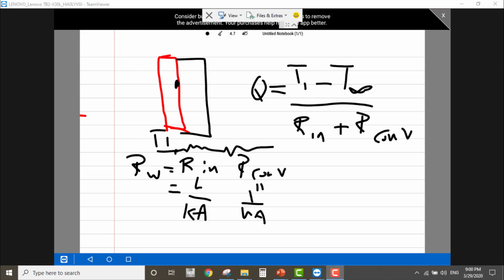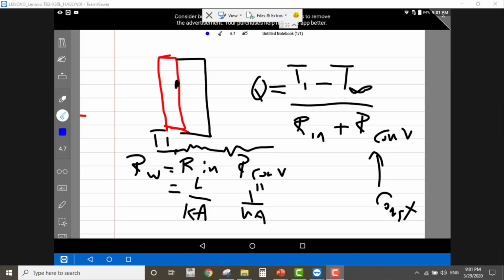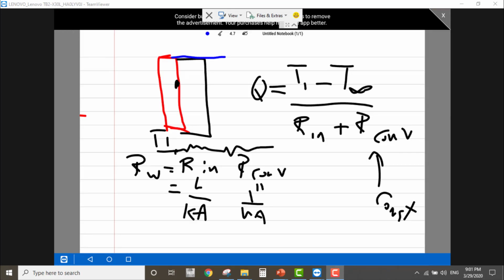Now, here we have only one parameter, because this one, as I mentioned in the text, remains constant. Why does it remain constant? So here, this is the insulation. Sometimes we wish to add thicker insulation. So when we add thicker insulation, we have only one parameter change, which is the thickness, X.